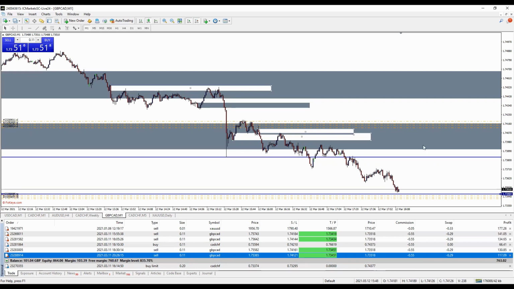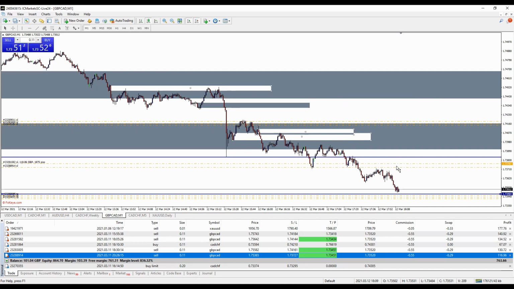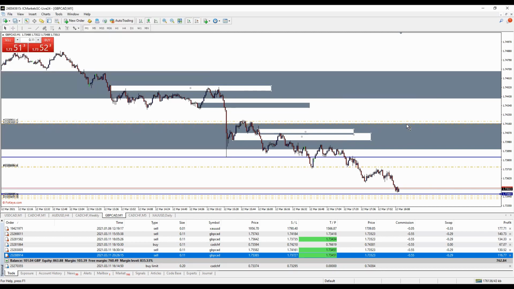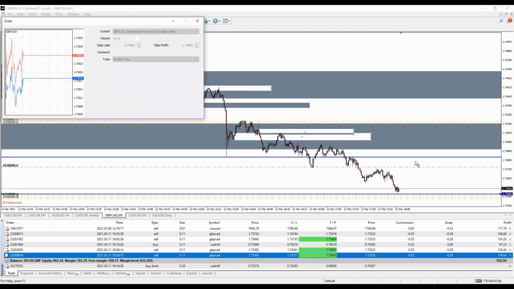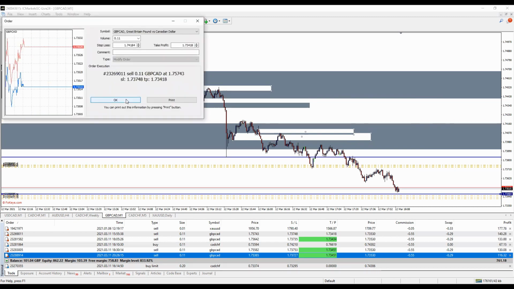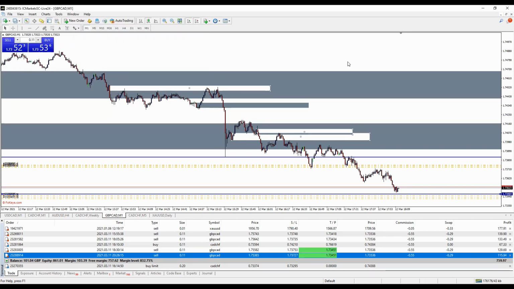We could actually just close. What I would do whenever there's a situation like this, I would lock in profits around about here, somewhere where the price is almost just hanging around, dancing around the area. Lock in as much profit as you can by here, and you can go from here. So put this out. This is what we have going on. All right. And let's see what the price does. So sooner or later,